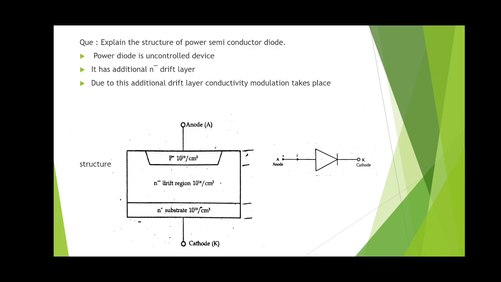Now let us start with the different types of power semiconductor devices. So here we get the question, according to that we have to write the answers. If it is for 5 marks we will write in short, if it is for 10 marks we have to write in a descriptive manner. Sometimes these questions can be in the form of, write the structure. So we have to draw the diagram along with the labels, and we have to define the labels properly even if the question is for 5 marks.